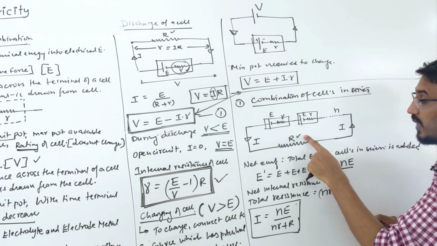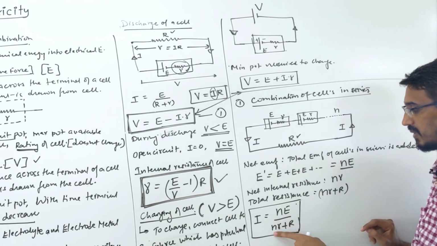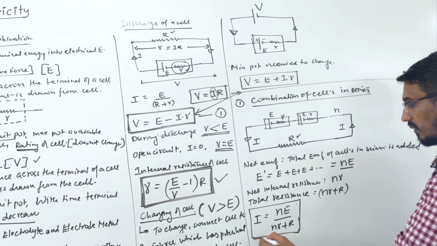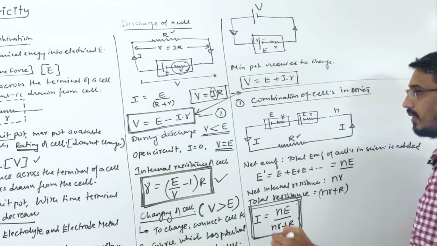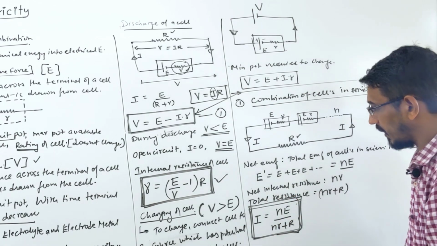Or you say the external resistance is very, very big, infinite. Infinite plus something is infinite, so no current flows. So this is the current flowing in series. Remember this. Now in the same way we will find current in parallel, then we will find both together, series and parallel all combined.